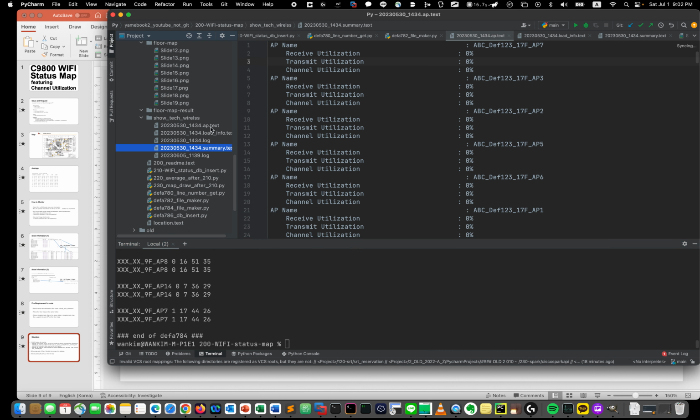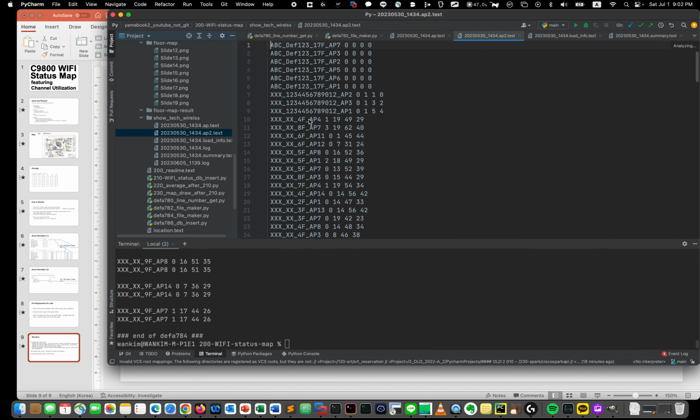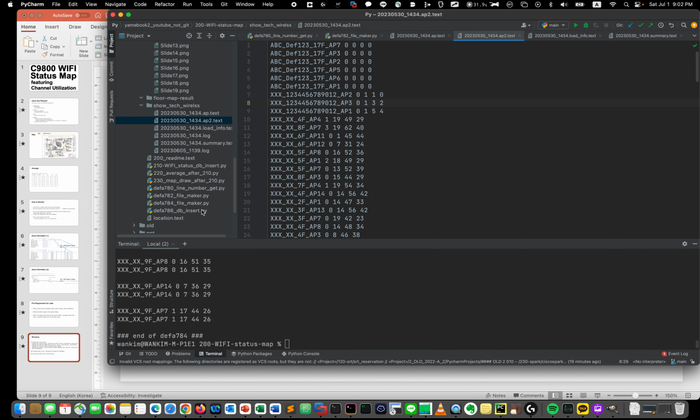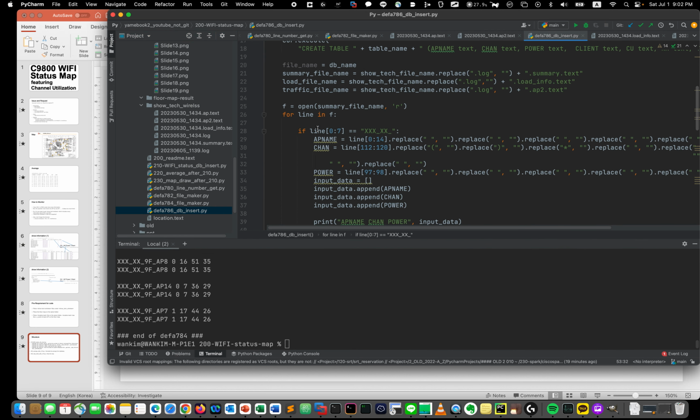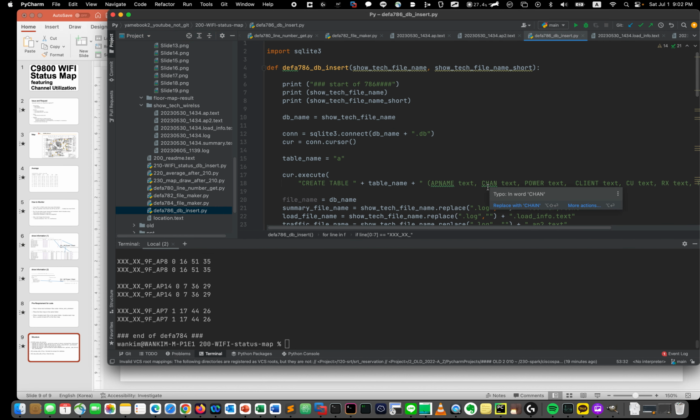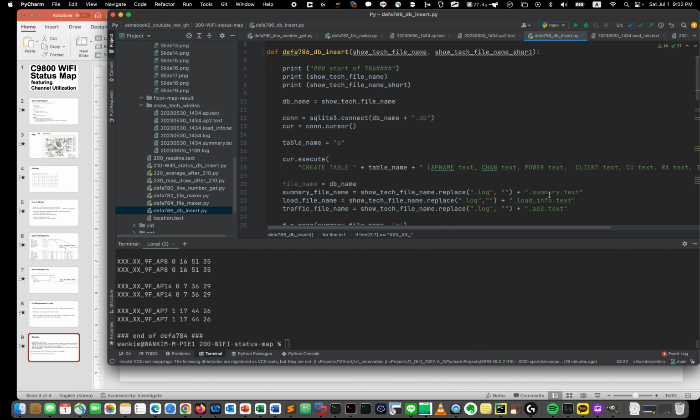784 makes the AP2 file. The AP2 file is easier to read, with the AP name and so on. This is the RX text interferences. All right, and 786 reads these files. These three files it reads are the summary, load info, and AP2 files, and